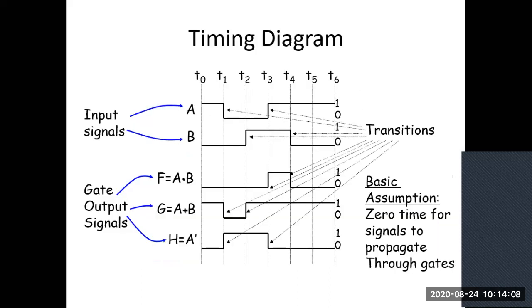Okay, so basically a timing diagram is a graph of input and output relation with respect to time. These gates have delays, but in this proper timing diagram, we are neglecting those gate delays. So I am considering that whenever you change your input, at that instant only your output gets changed. Suppose, for example, I am taking A equal to this.